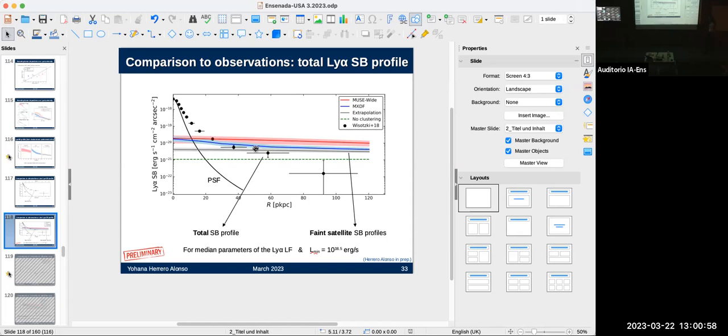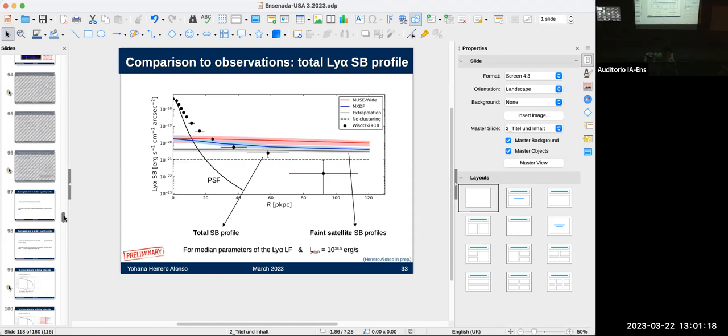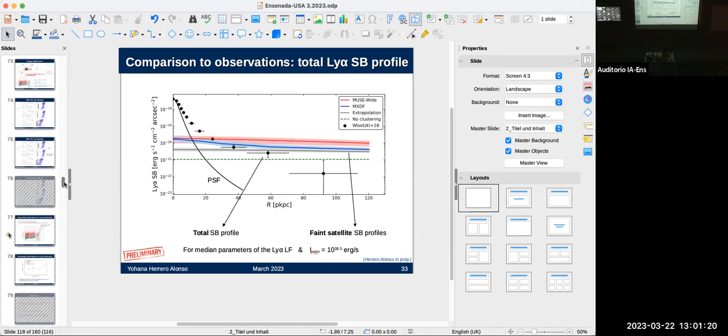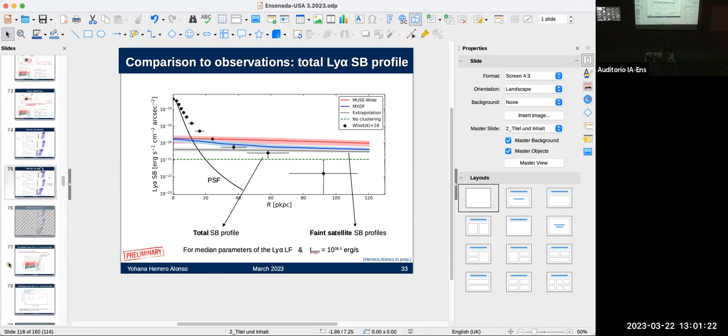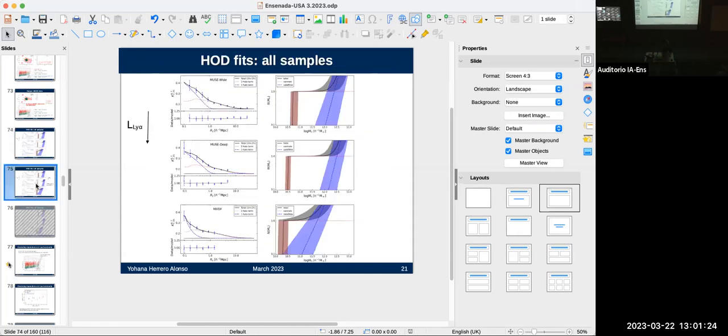Okay, and I had another question about the halo occupation distribution, how that varied with luminosity. What I wonder is, for the deepest sample with the lowest luminosities, you always assume that if you see one, it's a central galaxy. Yes. But what if it's a satellite?